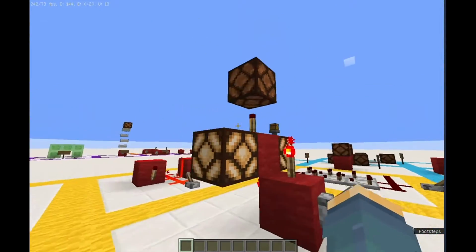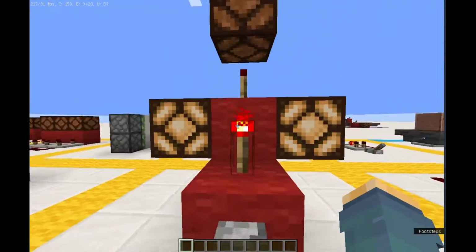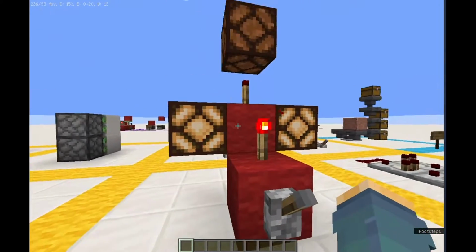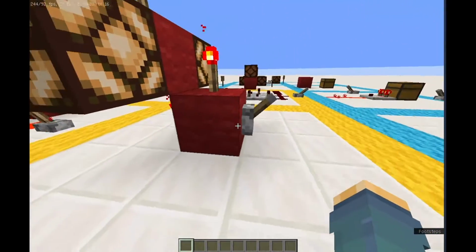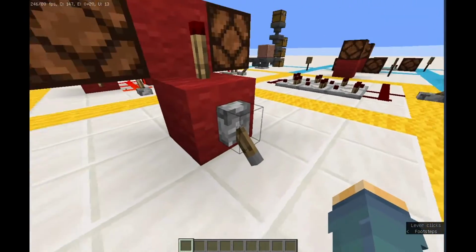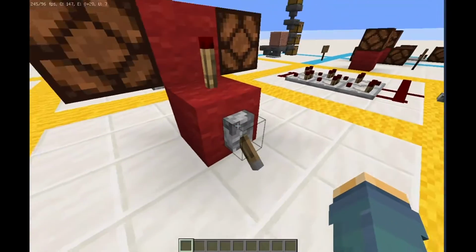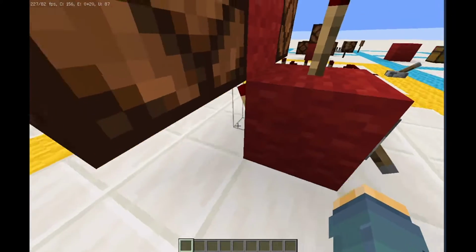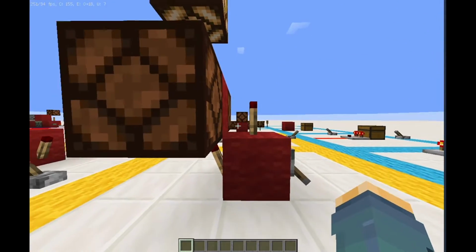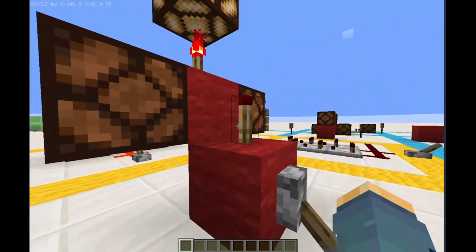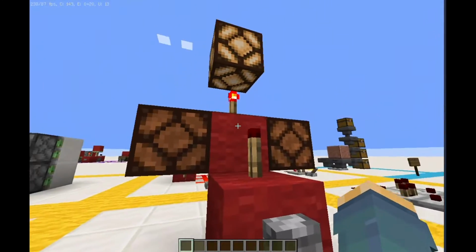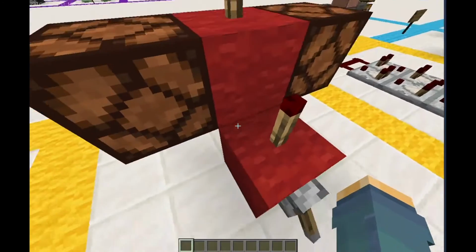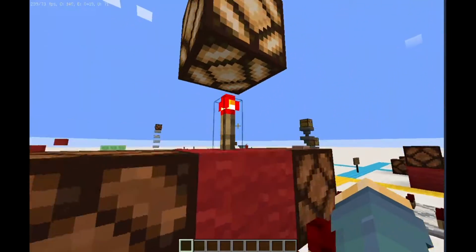The second thing to note about redstone torches is that they can be turned off by another source of power. This is another source of power, and it's powering this block, which these two redstone torches are sitting on. It will depower them, and also, because this torch is powering this block,